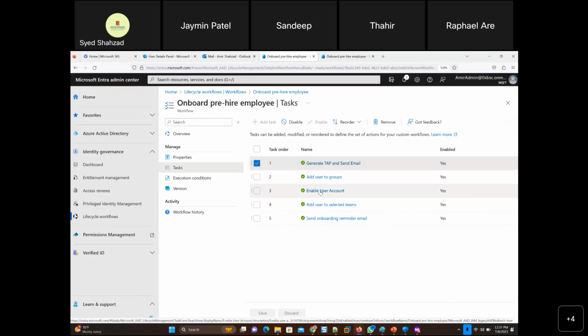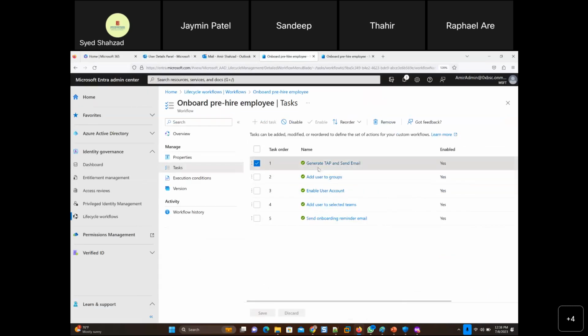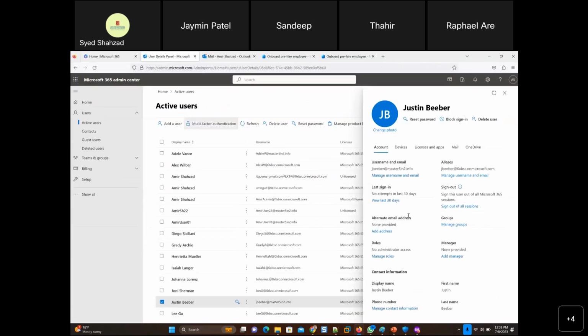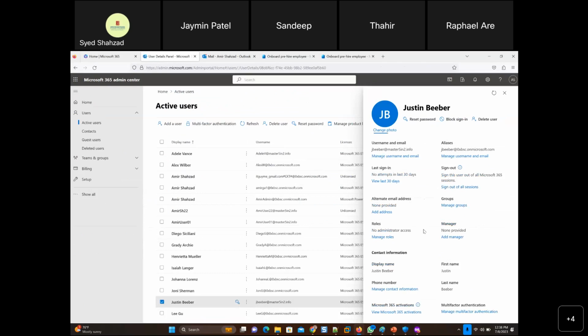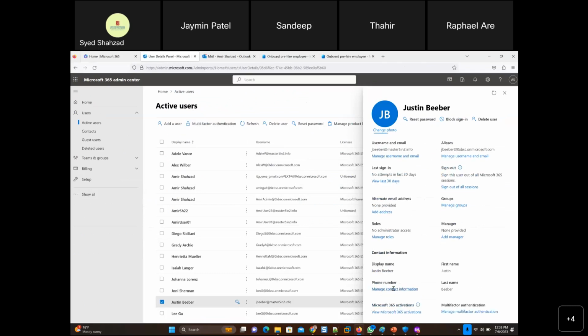User settings, where on this page, or in this here, user settings. Where, you see that? Oh, okay. I never saw hire date before here. Seriously? Manage contact information.